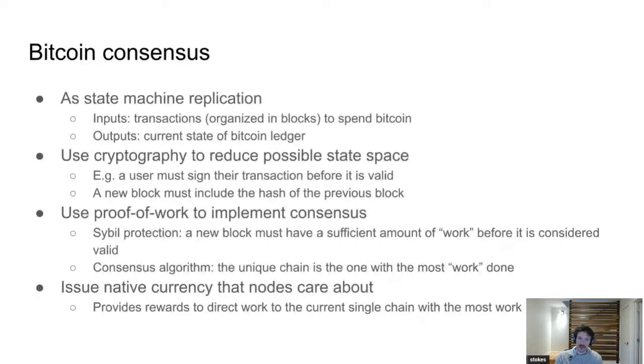There's another cool bit with these cryptocurrencies, that they also have this native currency they can issue, right? So you just make up this money protocol. You can then also hand out money as rewards to incentivize people to actually extend the state of the chain. Because again, remember, we're now in this setting where it's a permissionless open system. Anyone can come and join. Without some incentive to actually add another block to the chain, you might imagine that no one cares, right? And so then the protocol stops. So then you have these rewards, and it seems to work. Bitcoin's still running, people care about it, and that's pretty cool.